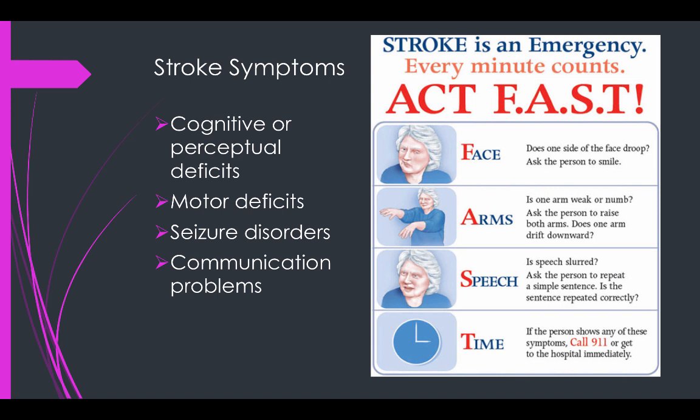So look at their face. Does one side of the face seem to droop? Are they able to smile, and is their face looking asymmetrical or symmetrical? Face also, what about their speech? Is their speech different than typical, as far as slurring the words or dragging their words on? A stands for arms, so they might have weakness, numbness, some pain in one arm. You can ask them to raise both arms, and if you see one arm drifting downward,